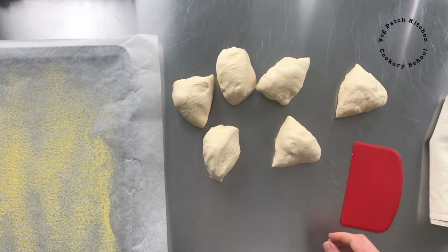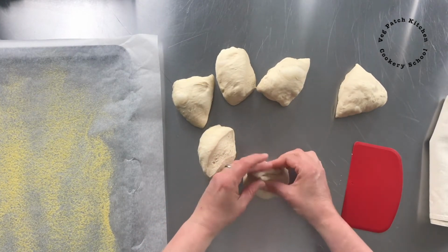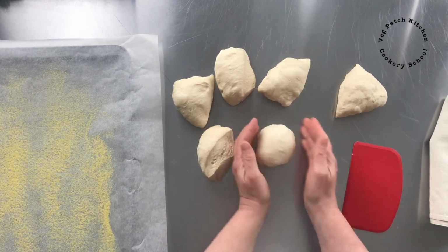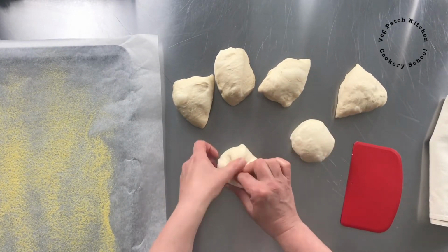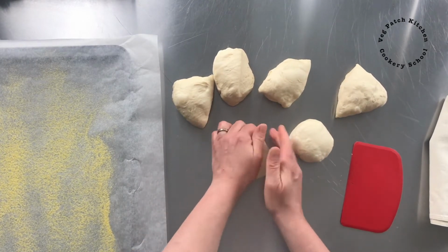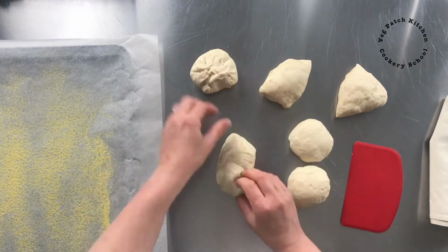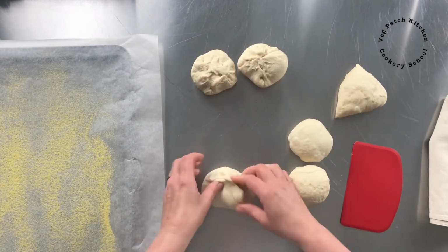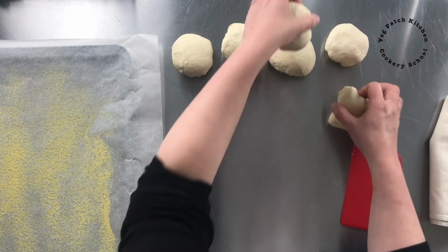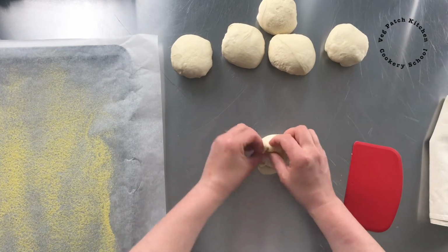Okay, and there's 2 ways of shaping your bagel. I prefer this way of shaping it into a ball and just letting it rest for a few minutes whilst I shape the others. Okay, so just as if I'm shaping a roll. And so whilst those are relaxing back down, I'll show you the other way that you can do it, which is to shape it,